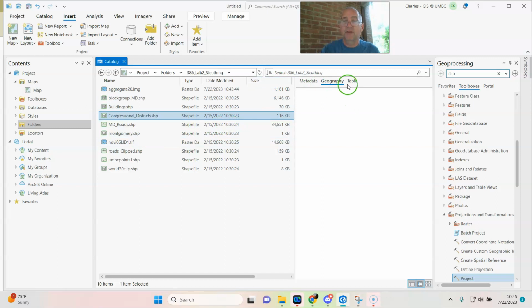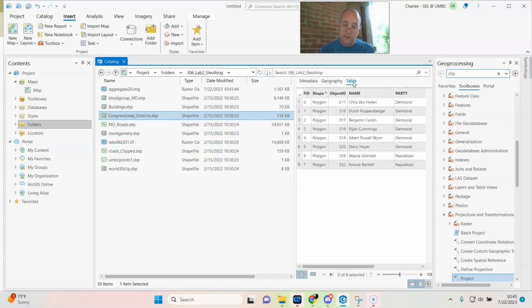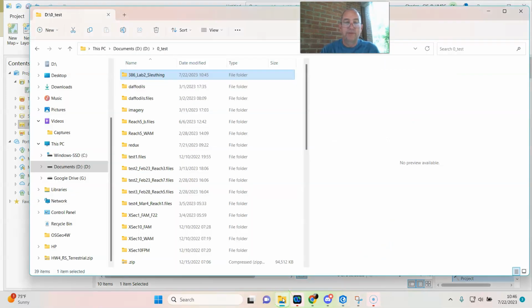the projection. Can I see the table? Are there actual features associated with this file? And indeed there are. There are 8 different polygons that I should be seeing on that map, and I don't see them. This is as good a time as any to cut to the representation of a different version of